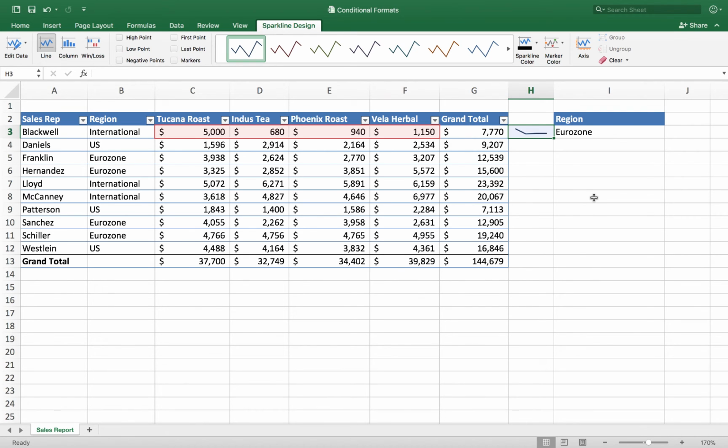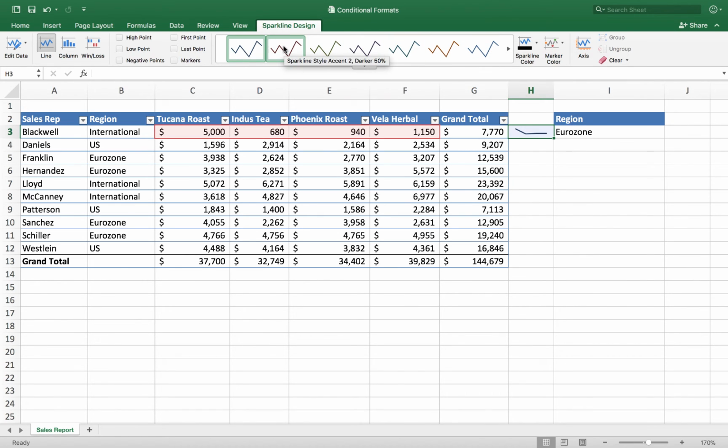Just like when we were working earlier with tables, I've got another contextual tab there. That Sparkline Design tab only shows up when you're in a cell that's got a sparkline. And just like the tables, there are lots of different options for formatting the sparkline here.